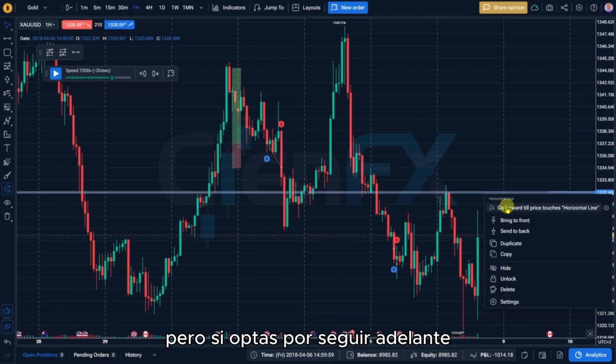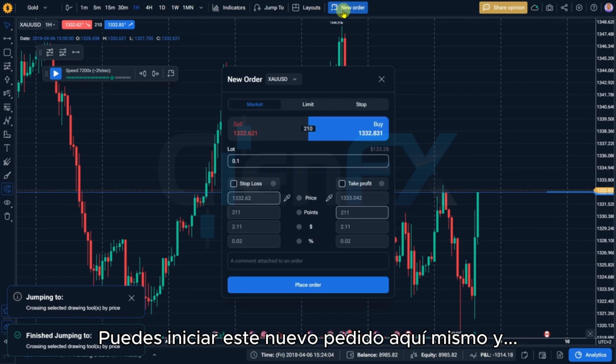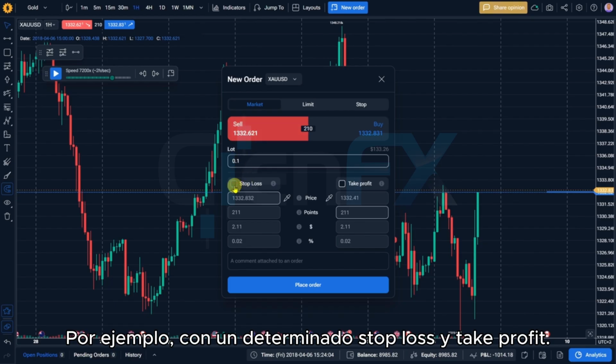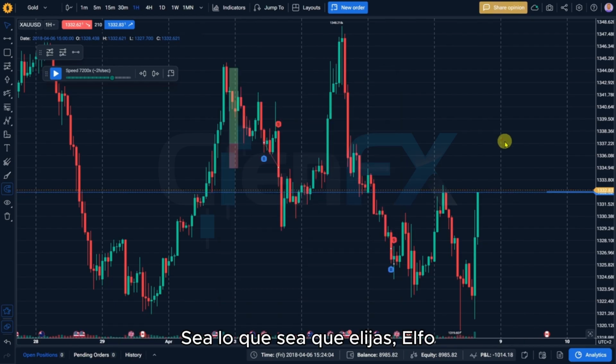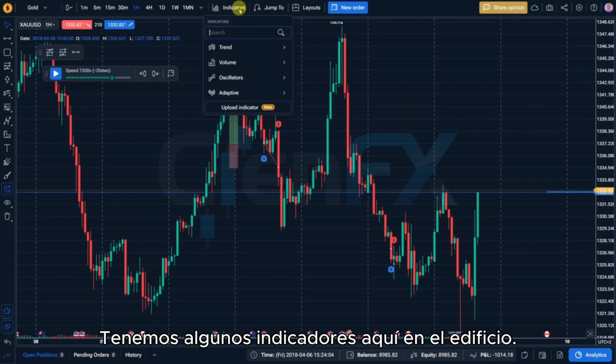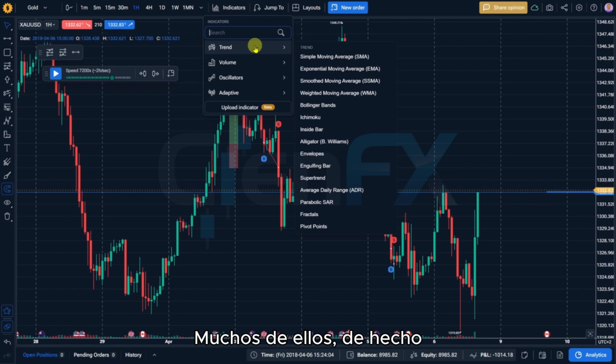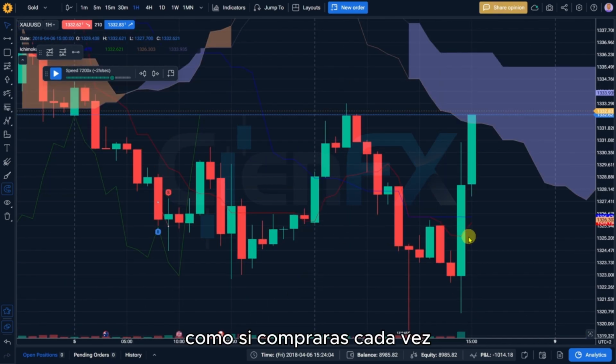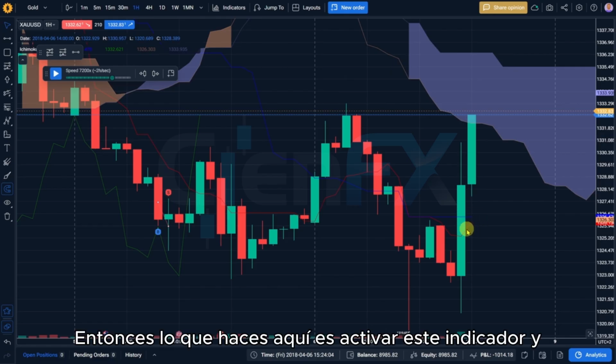But if you opt to go forward, you can start this new order right here, say sell market, with a certain stop loss and take profit, whatever you opt for. Also, as you can see, we have lots of indicators built in. If you choose the Ichimoku indicator, which is kind of complicated, and use a golden cross strategy, you buy every time the red line of the Ichimoku indicator crosses the blue line, and sell whenever it crosses backwards. So what you do here is activate this indicator